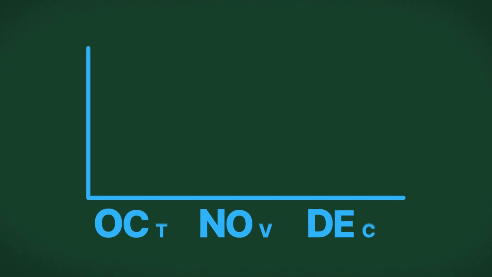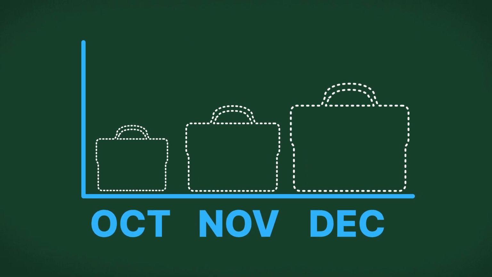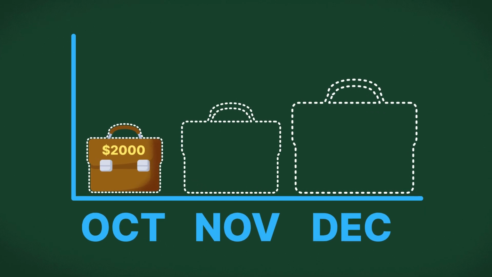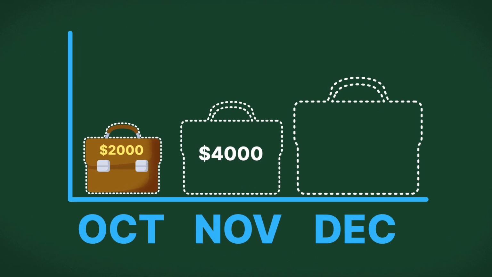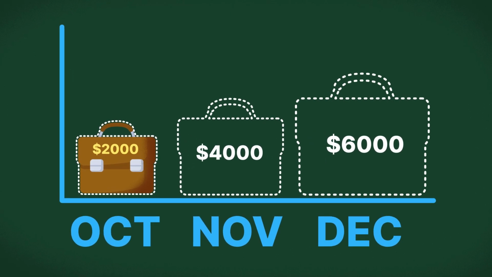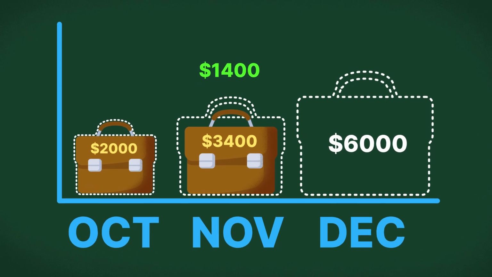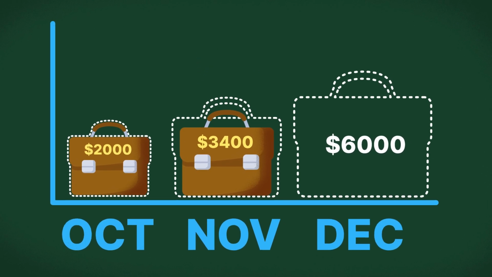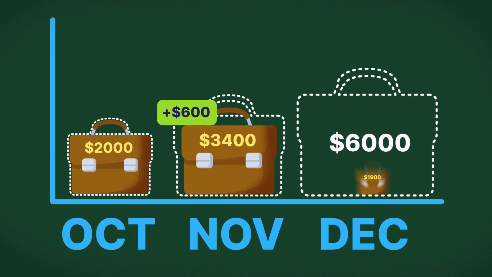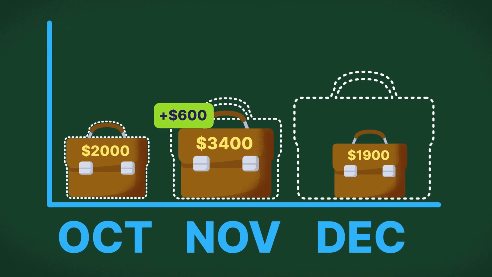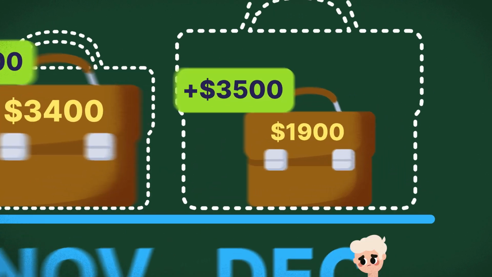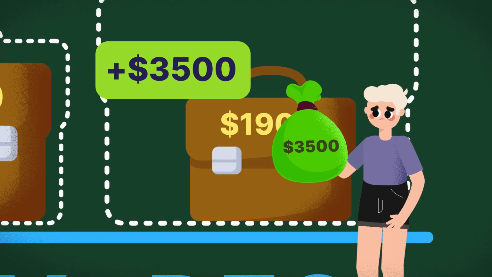For example, let's assume that you're using the value averaging strategy on a portfolio with a starting value of $2,000. You've given yourself the goal of growing your portfolio's value by $2,000 every month. In November, your portfolio went up by $1,400. So to meet your growth target, you invest $600 in the following month. Unfortunately, December saw your portfolio go down by $1,500, which means you then need to contribute $3,500 to make up